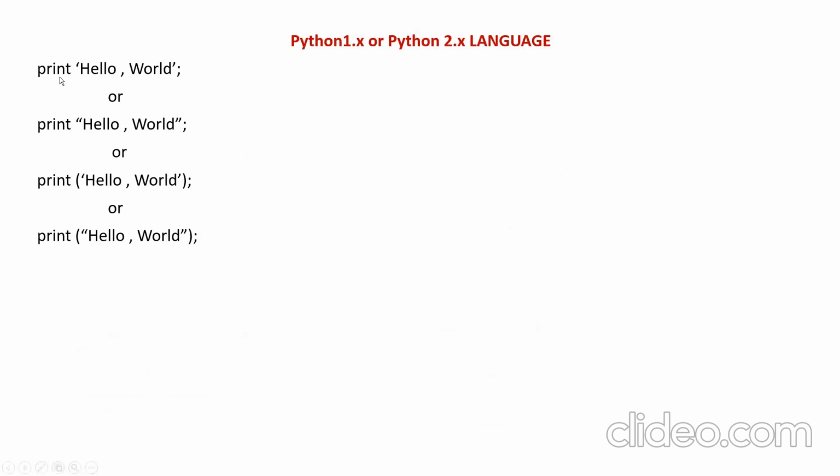Here in Python 1.x or 2.x, the major thing we can see is that strings can be enclosed either within double quotes or within single quotes. Similarly, the parenthesis can be present or not present. Both these options are available. Either you can place a string within double quotes or single quotes, and either you can enclose it within parenthesis or it is not compulsory to include parenthesis. This is one of the greatest advantages of Python: a very simple statement for printing a string on the display screen.